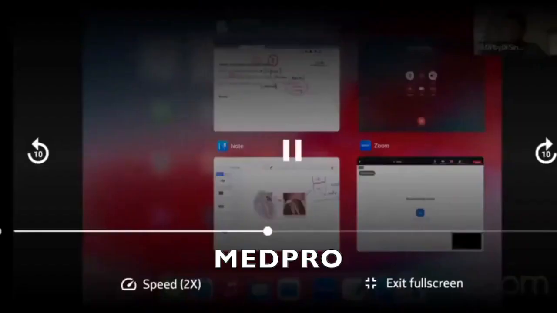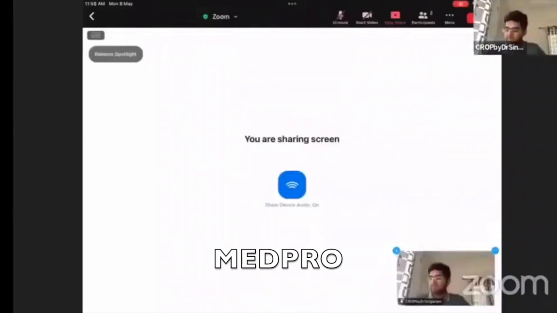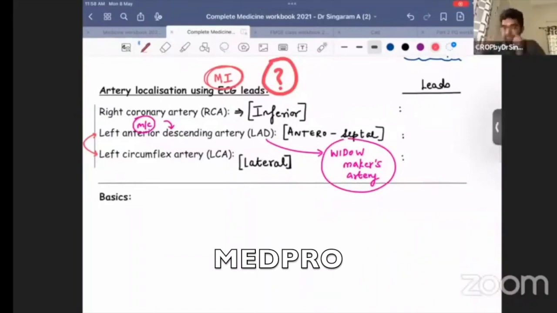Yeah, so we'll get started now. Everything is fine. Can I start the session? Okay, right. So you can tell me the answers for the question which I had asked before the break. What are the leads which will be affected in different types of this MI? That's the question I had asked. And if you're ready with the answer,